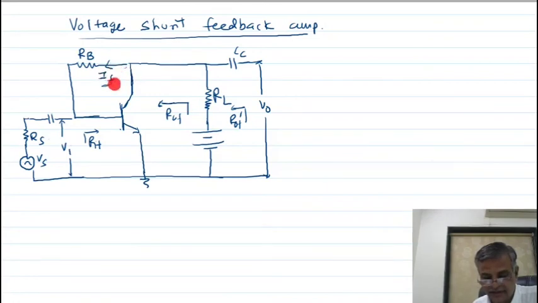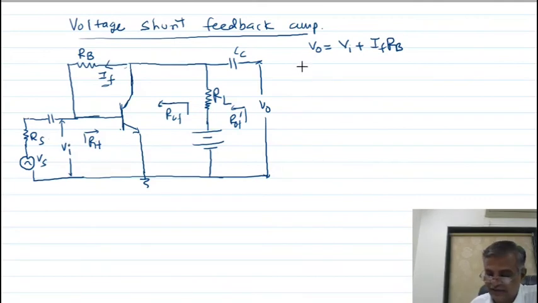Here feedback is proportional to the output voltage and it is combined in a shunt manner. So let us calculate the feedback factor, how much you are giving feedback to the input. From the circuit I can say Vo is equal to Vi plus current multiplied by resistor, you can say easily. See this voltage, Vo is equal to this voltage plus Vi. This is your Vi, you can see.